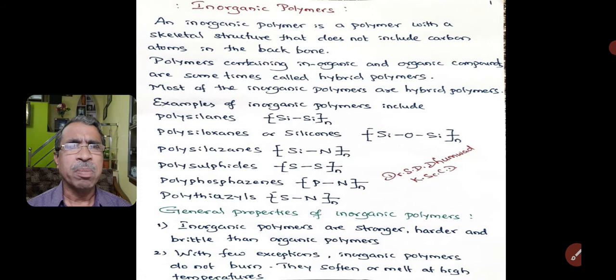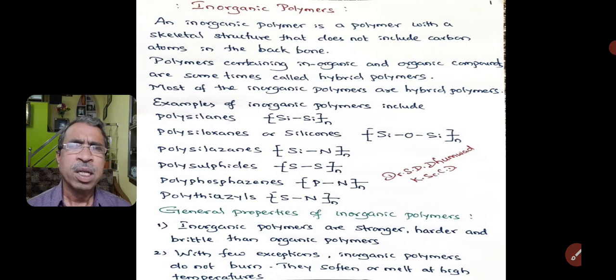For example, the methyl group, ethyl group, or phenyl group is attached to the elements in the inorganic polymers. Hence, these polymers are also called hybrid polymers. Most of the inorganic polymers are hybrid polymers. Examples of inorganic polymers include